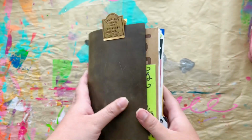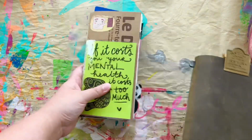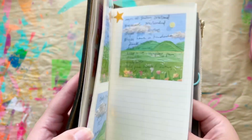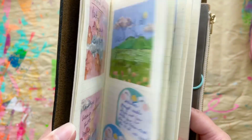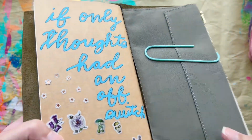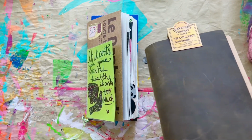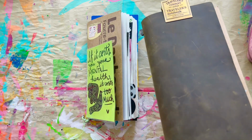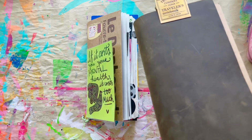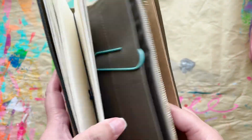I went on a trip, so the last few pages in here are basically ephemera from that trip, and the rest of the TN is the same. I have my brain dump. I'm continuing to add my sticky notes in here that I write randomly because I'm like a sticky note addict. I can't help myself, even though I have tons of notebooks. My first thing that I gravitate towards when it comes to jotting down quick ideas or lists is a sticky note. So I got a lot of those, and then the same little wallet